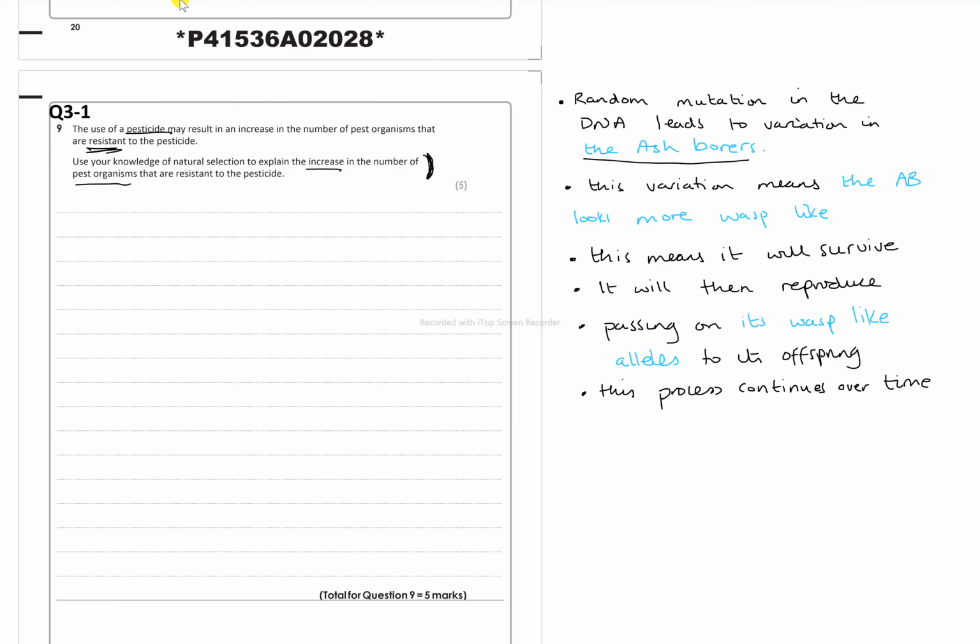So I'm going to write this stuff out in black, yeah? So random, exactly as it is, random mutation in the DNA leads to variation in the, we'll say pest, right? So